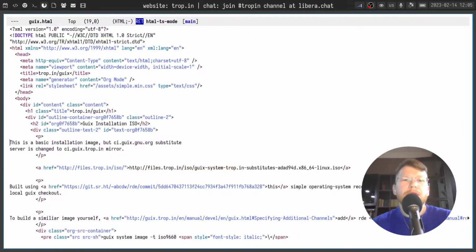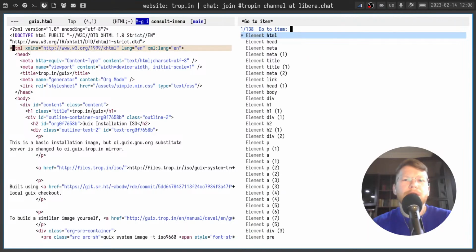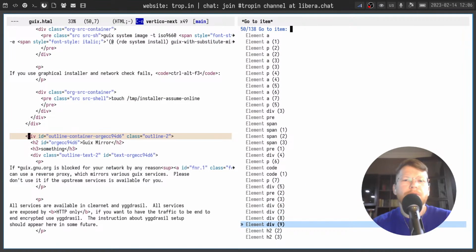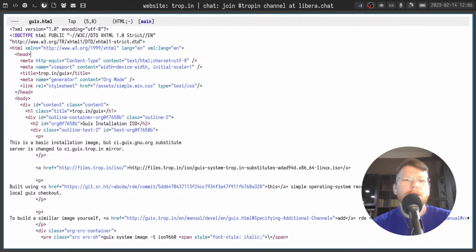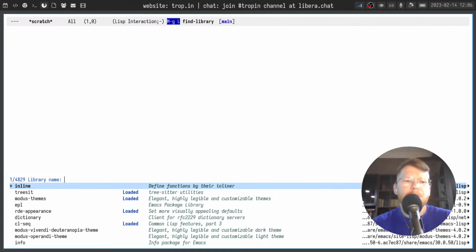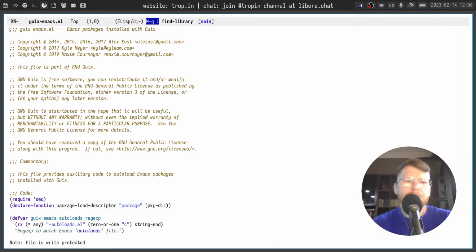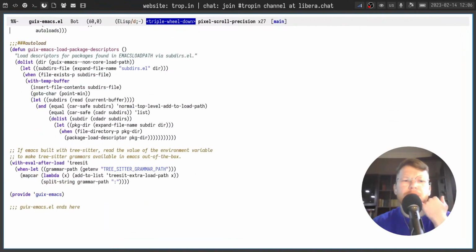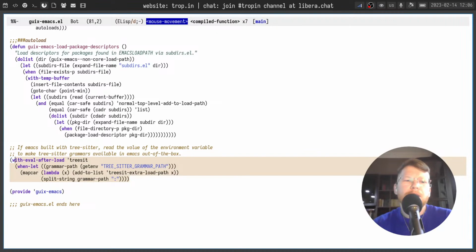As we can see, it's enabled by default. Now syntax highlighting is correct, and iMenu shows a lot of elements we can navigate through. Overall, it looks like our tree-sitter mode works correctly. For people who missed previous streams, I will explain how it happens. We have the Guix Emacs script. It's a very simple script for loading additional libraries, and now it contains a small snippet which gets evaluated